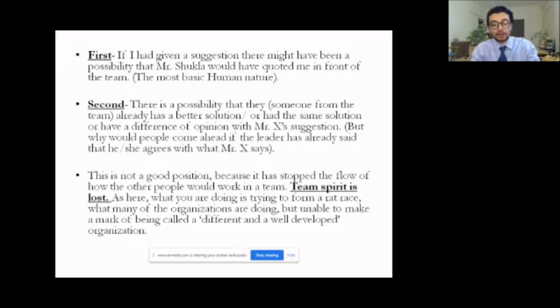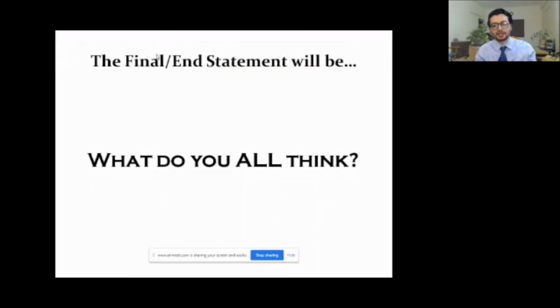And to make sure that you are considered a different and developed organization, there is something else you need to do. Now I'm moving towards the end statement that you're going to use, and that is, what do you all think? I'm coming back to the same question I had, but now with the perspective that everybody has the opportunity of telling. With Mr. X, nobody can directly contradict Mr. X in front of the team by making him feel low. I have made myself a bridge in front of these two entities, so the person cannot directly contradict Mr. X,